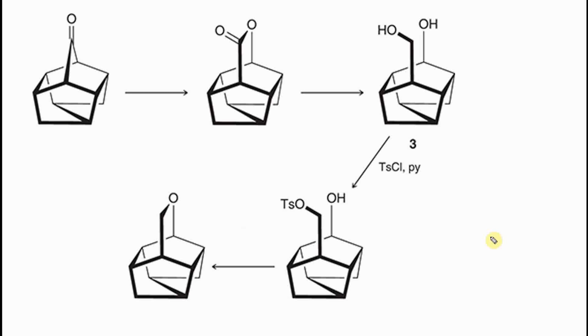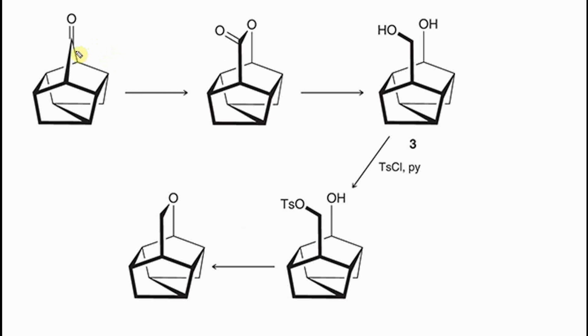Okay, here's again a small simple multi-step synthesis problem involving some conversions, and it's going to be rather straightforward. The molecule looks a little complicated because of its polycyclic structure, but you don't have to worry about that or get distracted by that. If you look at the functional groups, you can clearly see what's going on. So this is an alkane with a keto group, and you're converting your ketone to an ester, and we know